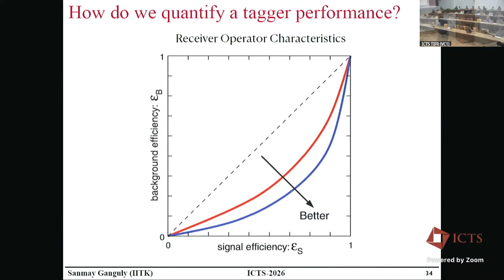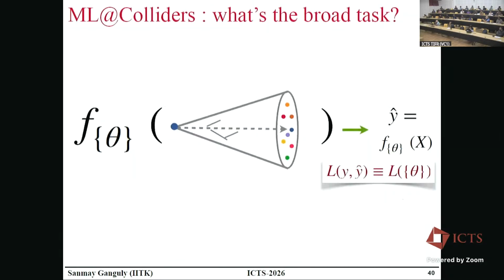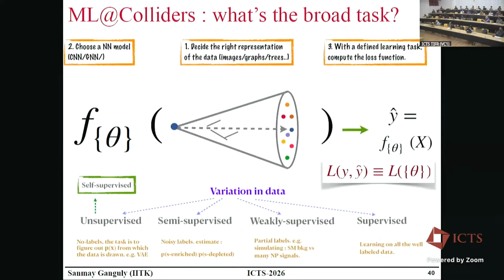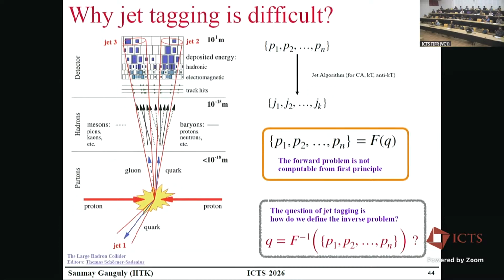On your later slide, you show a picture of a jet moving forward up to the calorimeter, and you made a statement that you cannot go forward. No, what I said, maybe you didn't say exactly that, but I got the impression that you say it's not possible to go forward. No, I didn't say it's not possible. I said I cannot exactly analytically compute the dynamics which starts from a parton collision.